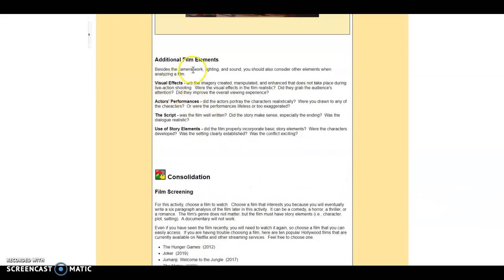Next, we've got a few additional film elements, things like visual effects, the actors' performances. Of course, acting is very important in a movie, right? The script, so